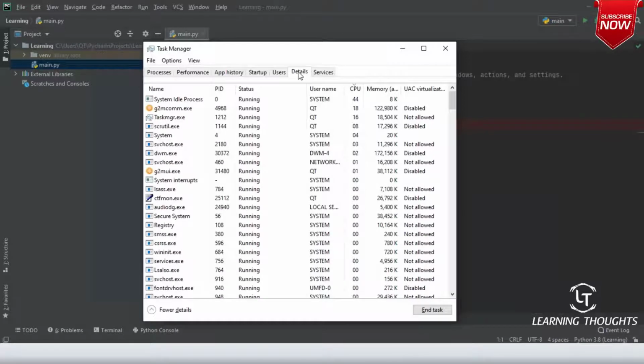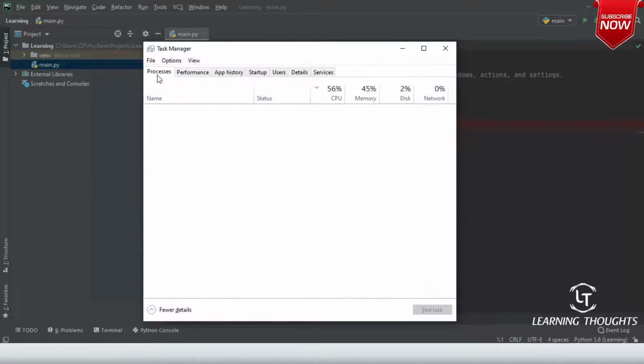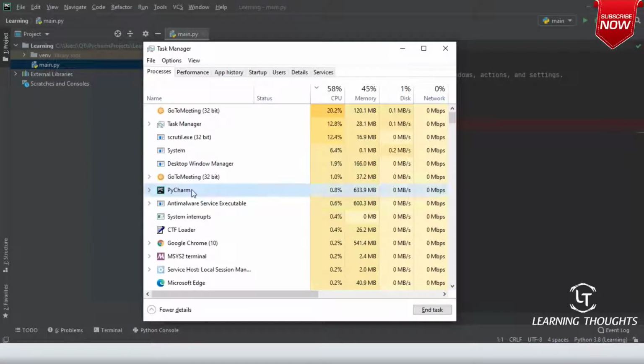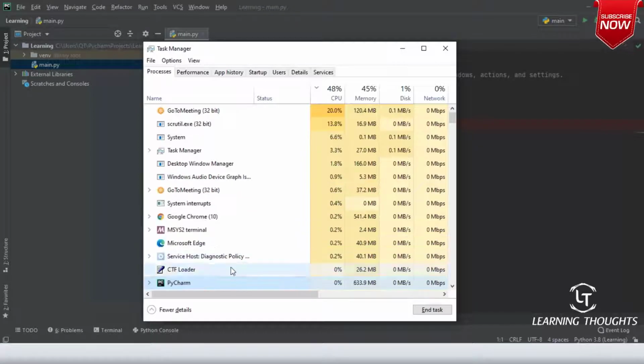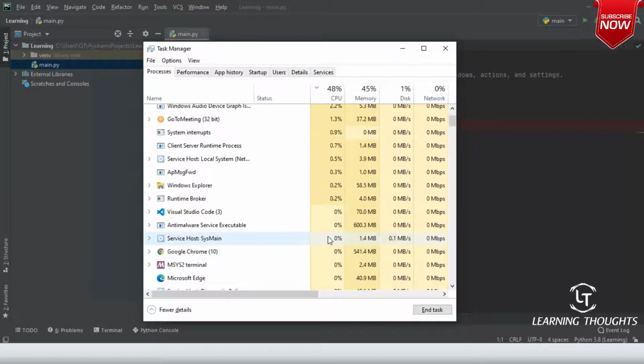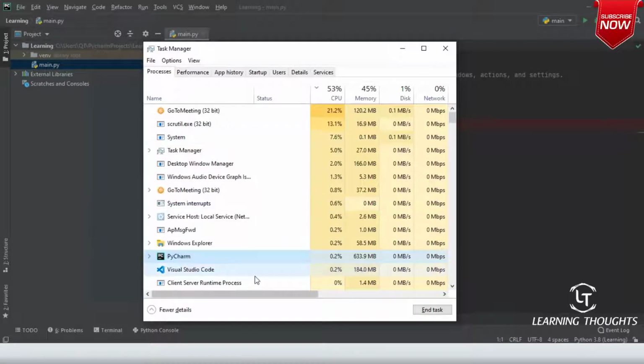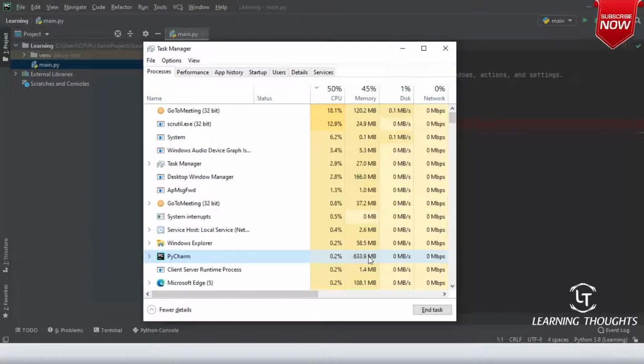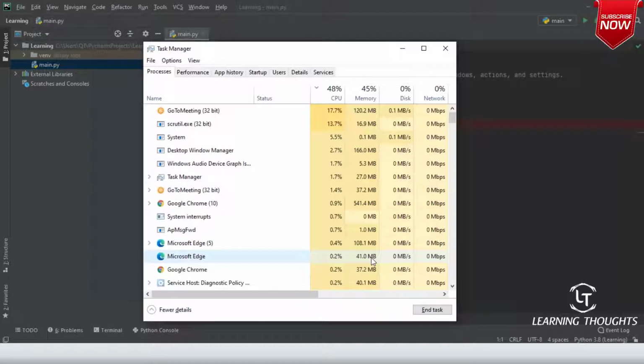Let me show you how much PyCharm takes, a decent amount of memory. If you are seeing, it almost takes 700 MB in RAM to run this application. But Visual Studio Code doesn't take that much.